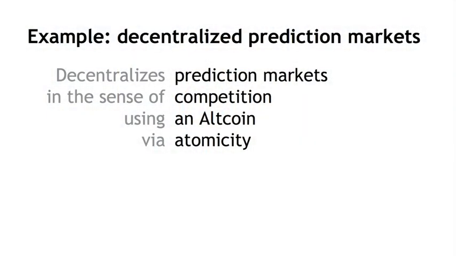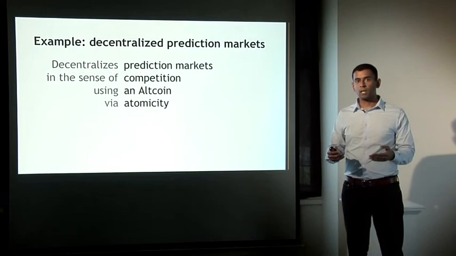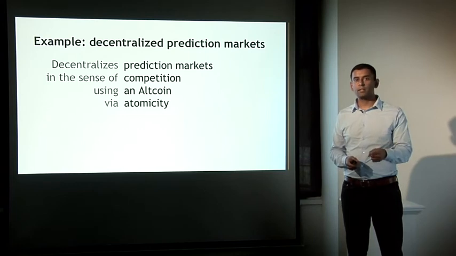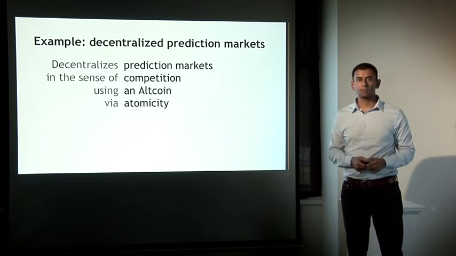Now let's look at another example, which is also something we alluded to a bit earlier in the lecture, which is prediction markets. So of course it decentralizes a centralized prediction market like Intrade. And it does so in the sense of competition. It doesn't get rid of the need for some entity to run a prediction market, but instead it allows anybody to do that. It lowers the barrier to entry, and different people can run different prediction markets. And it was done using an altcoin, and again the security property was atomicity, in that the two parties to a trade of a share in a prediction market are coupled together using this atomic property that ties together the transfer of the share with the transfer of payment.